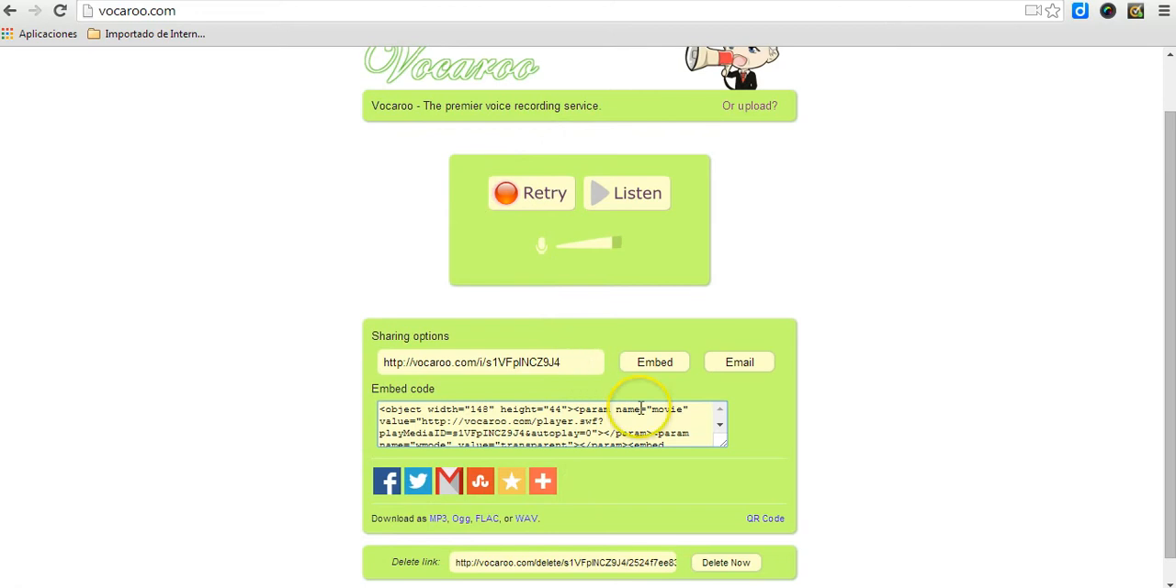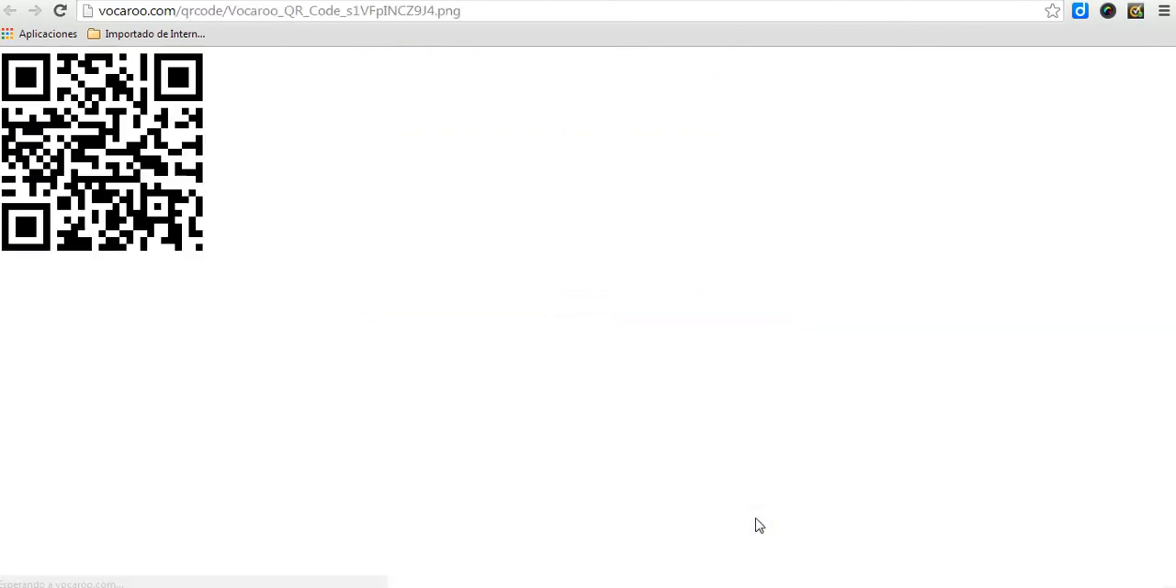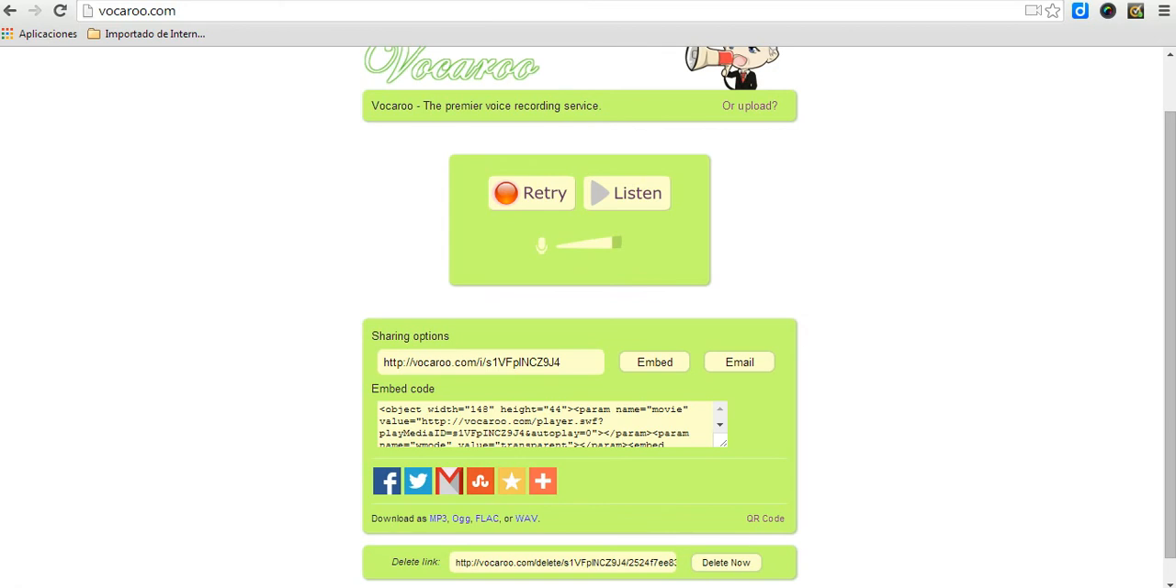A very interesting option. You can get the QR code. This is the QR code, which you can then print, or you can then embed onto a PowerPoint presentation or a blog or a wiki. Very interesting option. In addition, we can also upload existing recordings,